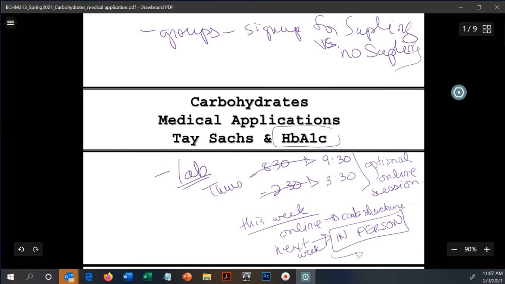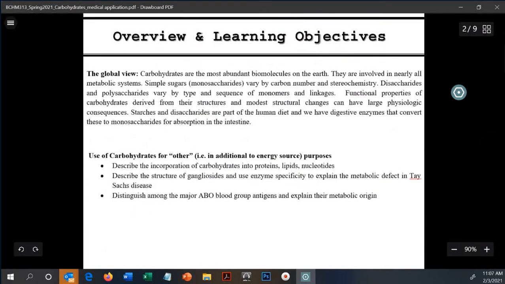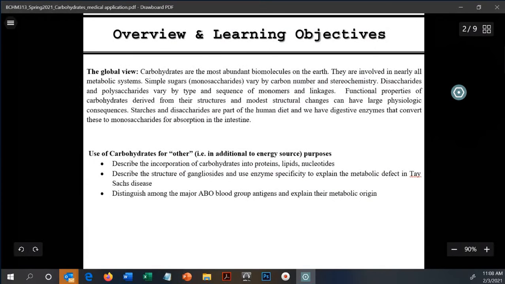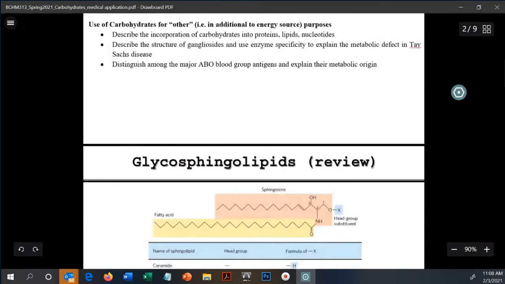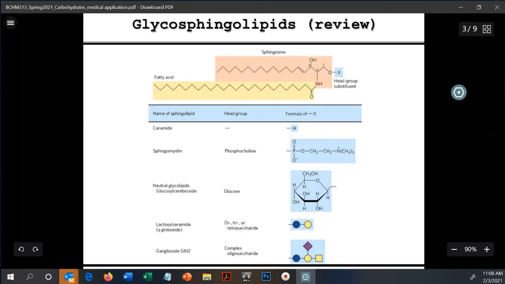Clinically relevant, everybody is going to be dealing with HbA1c or glycated hemoglobin. And Tay-Sachs, not everyone is going to be dealing with Tay-Sachs because it's a very rare neurodegenerative disease. It's also genetic. All right, so you can read this for yourself, and we're moving on now to a review of glycosphingolipids, which